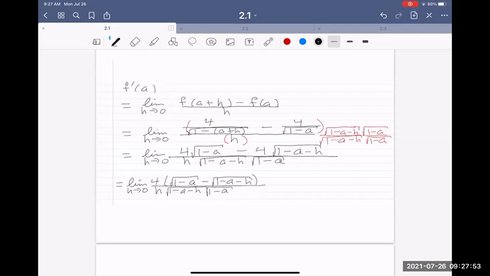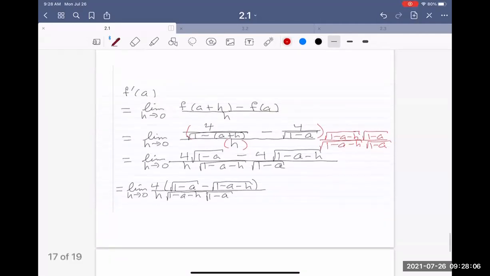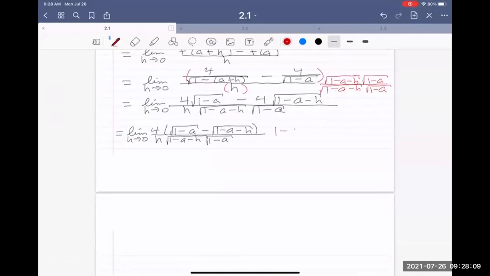So let's try to get rid of the square roots. I'll multiply by its conjugate to get rid of the square roots. And so let's multiply and divide by radical 1 minus a plus radical 1 minus a minus h. And divide by the same thing, radical 1 minus a plus radical 1 minus a minus h. Okay, so this is equal to